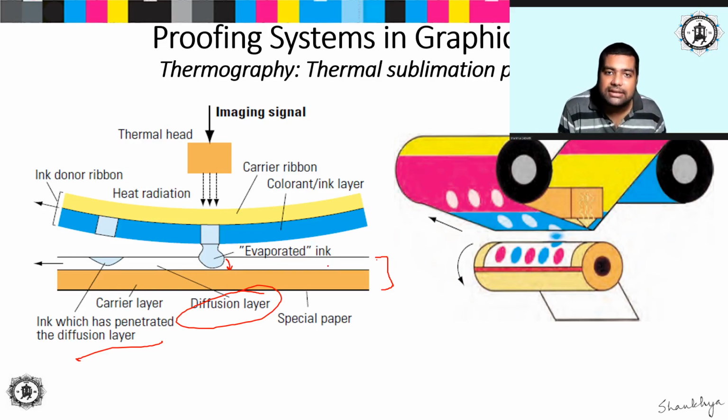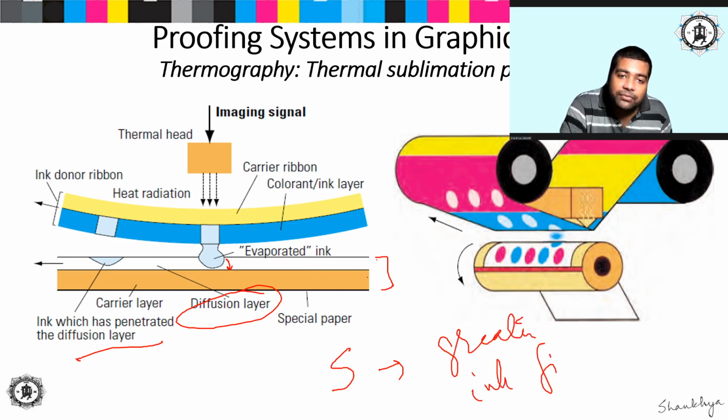So for example, in the shadow areas, what is going to happen? The amount of ink transferred will be higher because the amount of heat given by the thermal head onto the ink layer in the ribbon will be high. As a result, a greater amount of ink will be evaporated and will settle down in the diffusion layer, as a result of which the diffusion layer will accelerate a greater amount of absorption of that ink in that particular layer. So greater ink